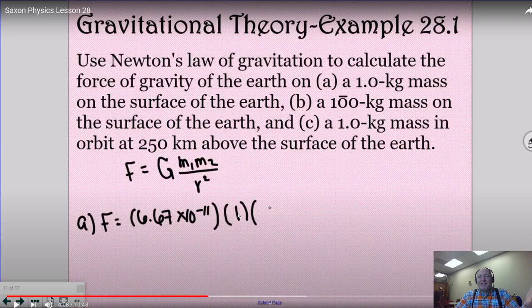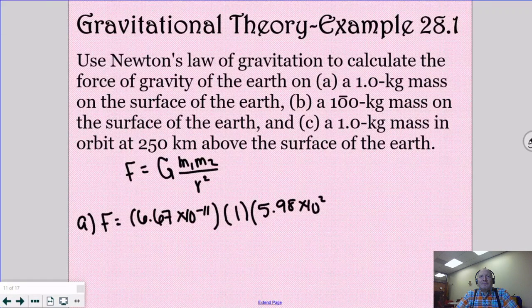So it doesn't get dominated, it plays its role. 5.98 times 10 to the 24th. And then over the radius. So the radius is going to be the radius of the surface of the Earth on this one. So you're still looking at that,